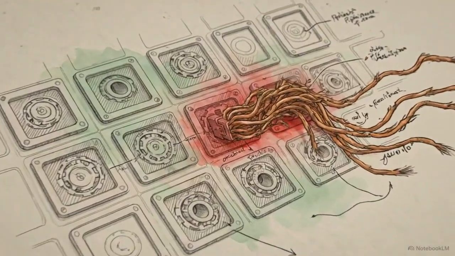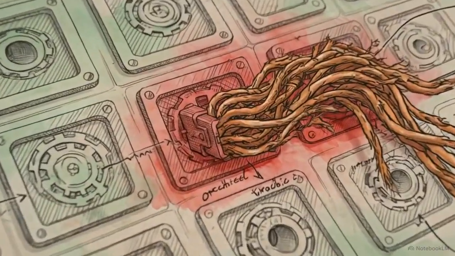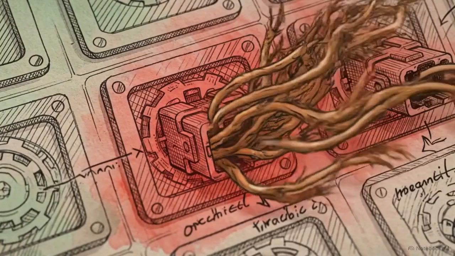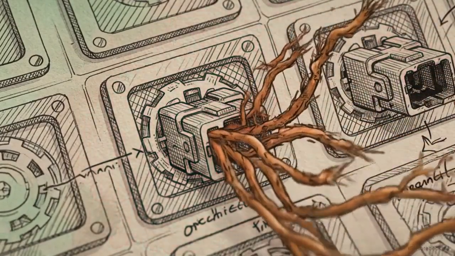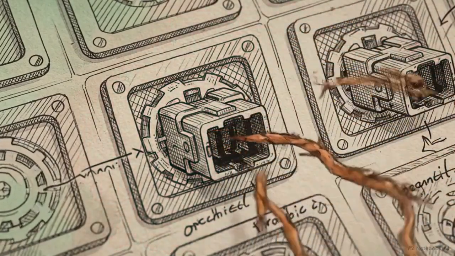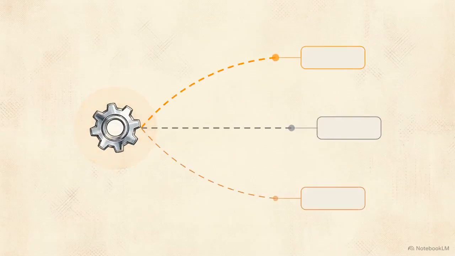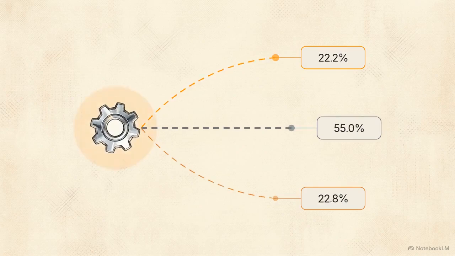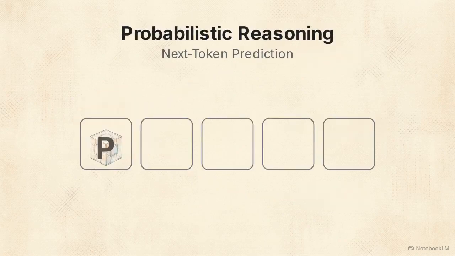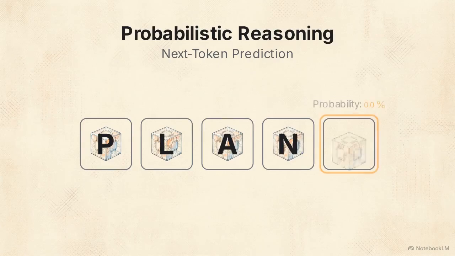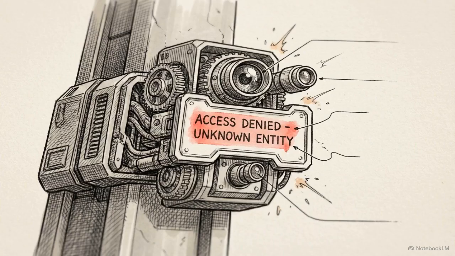Wiring a large, complex language model directly into your highly structured enterprise APIs is a massive security vulnerability. AI agents require access to external tools to execute tasks, yet their underlying reasoning mechanisms are entirely probabilistic. Probabilistic reasoning means the model mathematically guesses the next best sequence of outputs based on patterns. Strict access controls require absolute, uncompromising certainty.